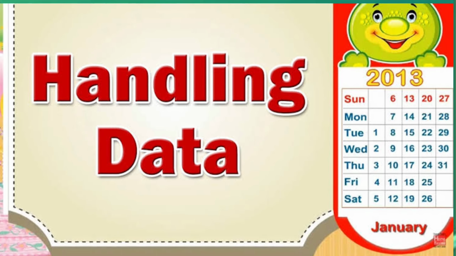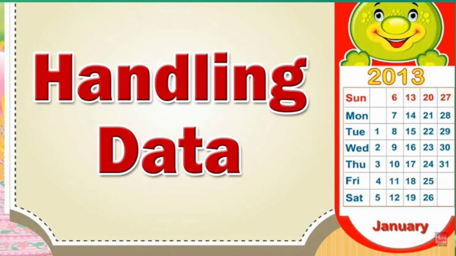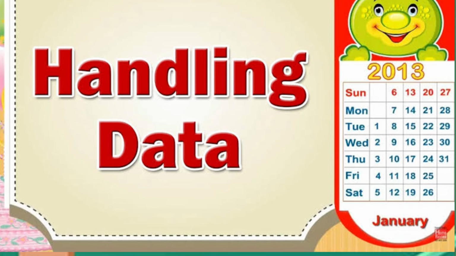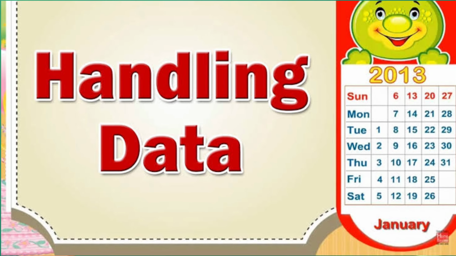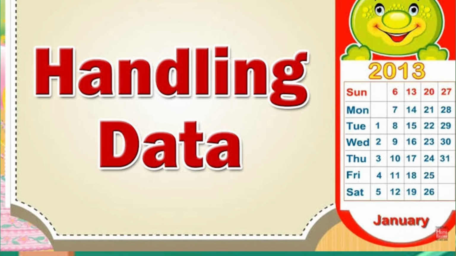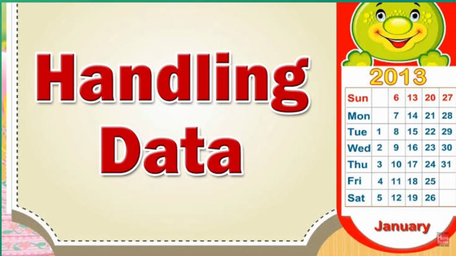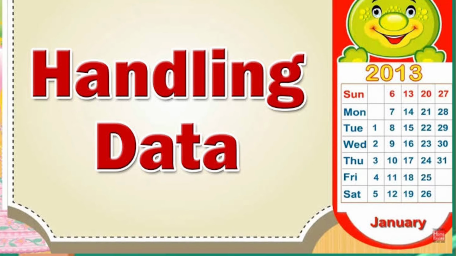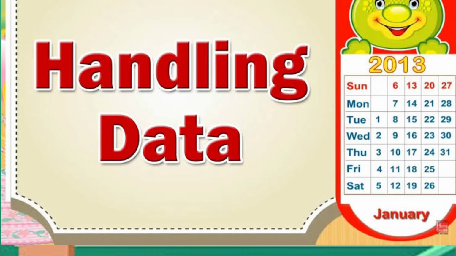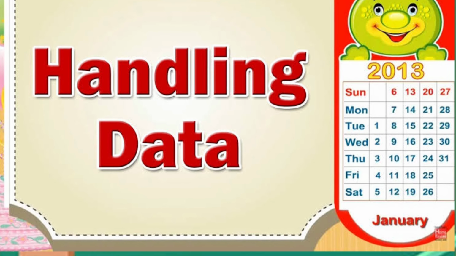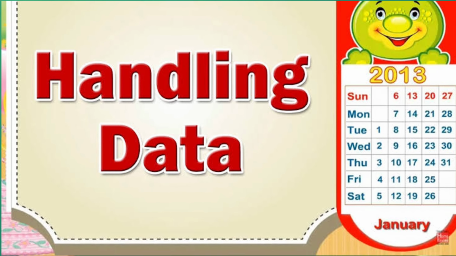When we collect information about various things and save it, it is known as collecting or handling that data or information. We always use tally marks to record data. Tally marks means vertical lines for each count used in handling data. It is counted in groups of fives. Then some charts are also pictorial presentation of data. Let us learn more about it with the examples.